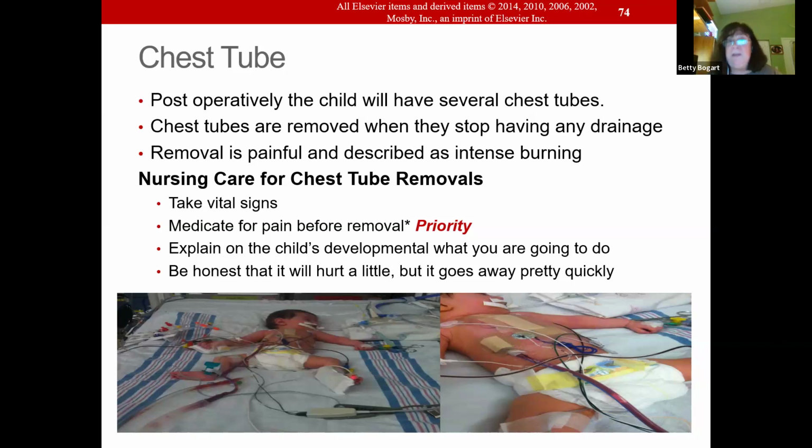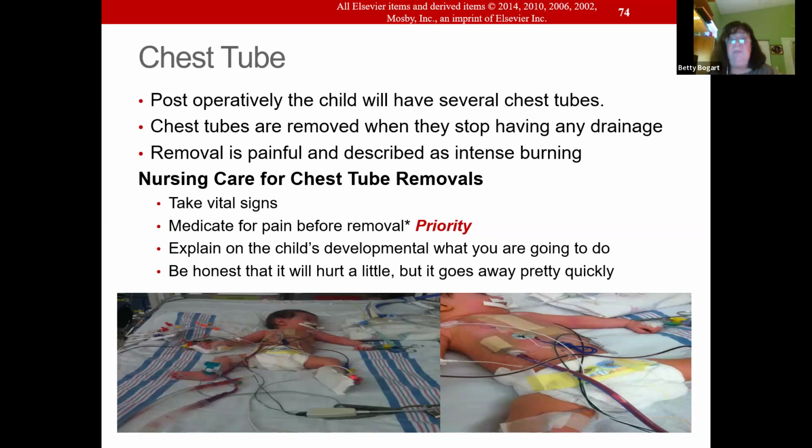We're talking about cardiac, they're opening the chest. Many of them get chest tubes. Now, chest tubes themselves, they stick, they hurt, coughing, deep breathing, yes. But when they're removed, taken out, they burn. Now, I've worked in adult and newborn open heart areas. So adults tell me when they pull those tubes, it burns really bad, but it's not forever. It's like 30 seconds and then it eases off.